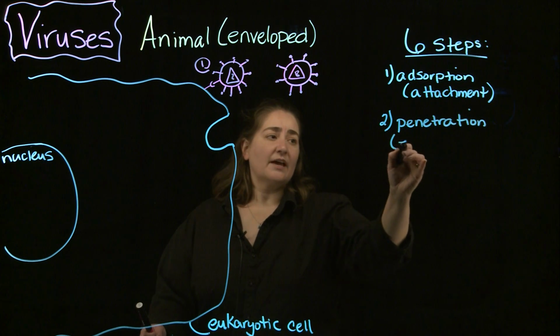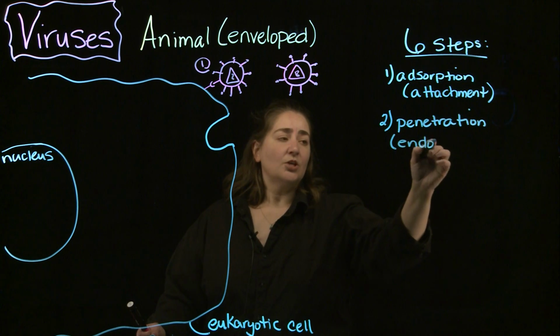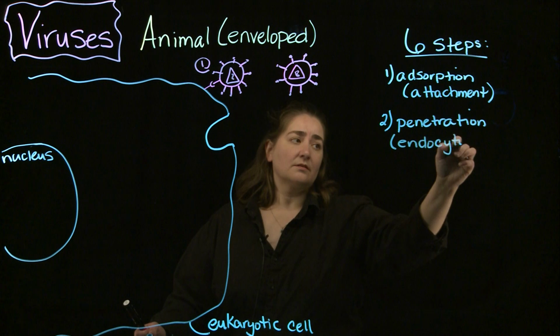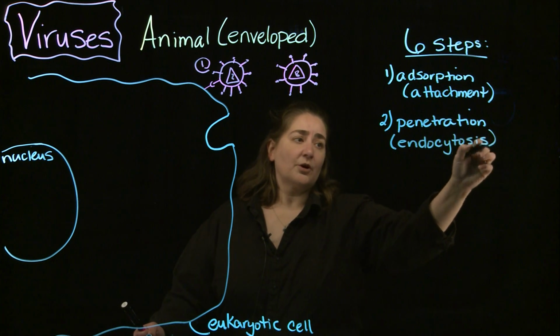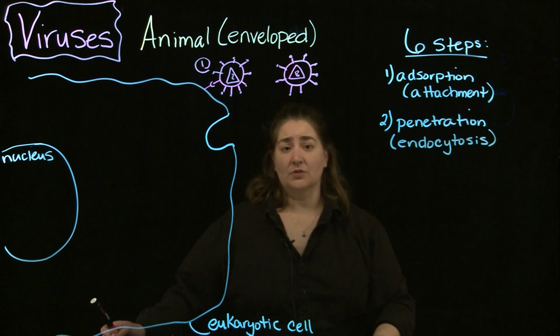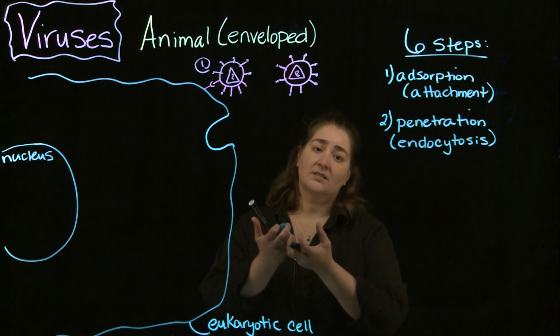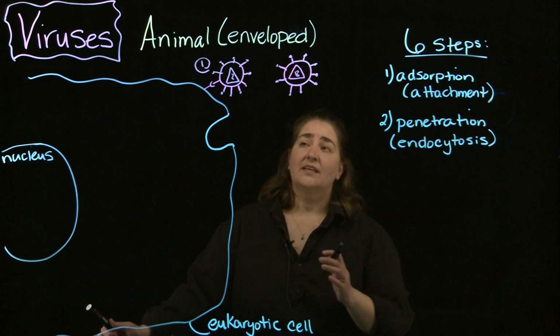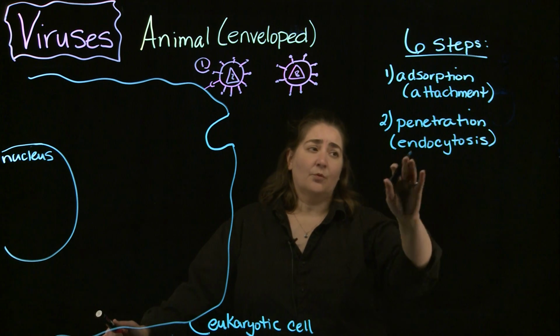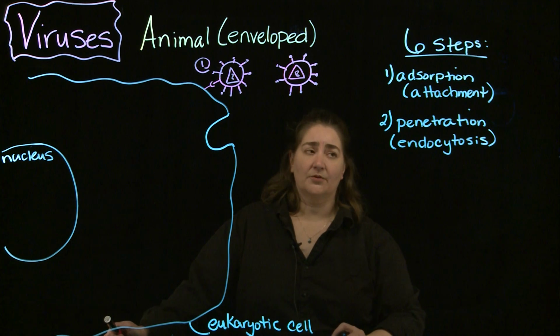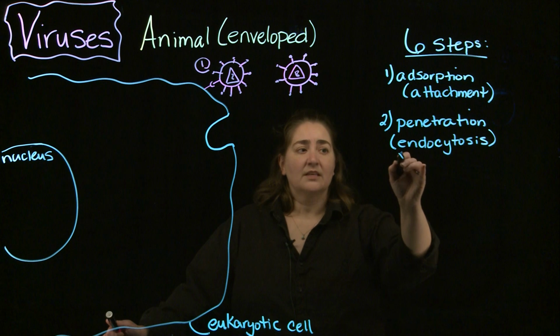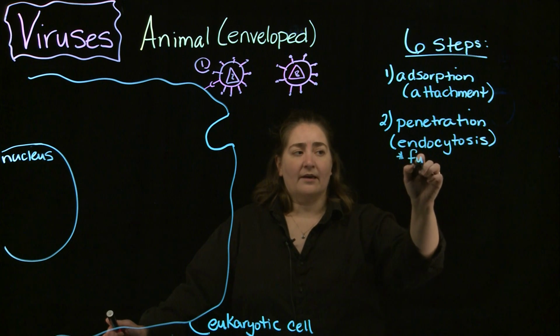And in terms of that, usually what happens is that viral particle undergoes endocytosis. So the cell membrane kind of invaginates, it pockets inside, and it brings that viral particle into the interior of the cell. All right? You can also have